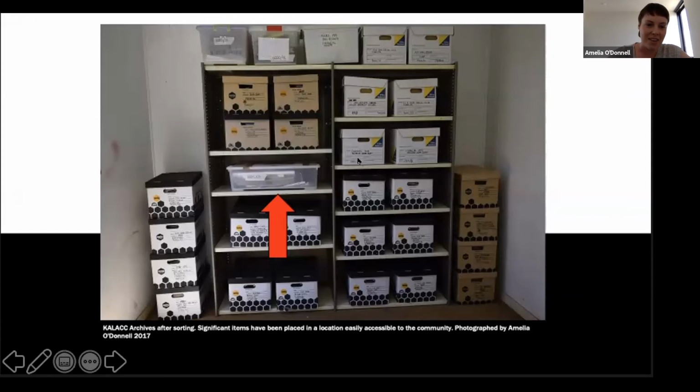And the big red arrow here just points to a really simple plastic box that has a bunch of photograph albums in it. And I thought this was really important to recognise as the seed of my interest in this whole idea about facilitating access, in that when we put this plastic storage box back on the shelves, we had some old people who came up to us and said, make sure you put it somewhere where we can reach it, where we know where it is, and where we can pull it off the shelf easily, open it up and sit down with the photo albums and have a chat to each other about whatever was special in those albums. So that's an example of how simple it can be to just facilitate access for a community,